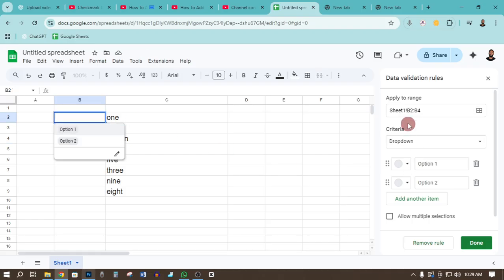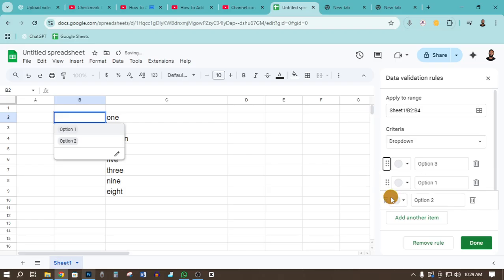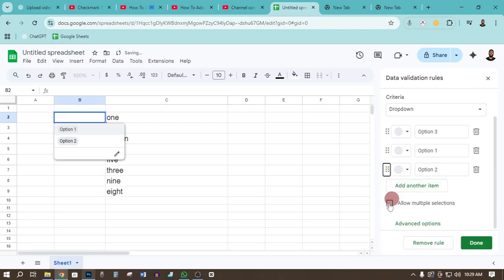You can customize from here. Like if you want to add another item, just click here, copy, and click write a value, like option 3. And if you want to reorganize the position, you can drag and drop. Allow multiple selection,